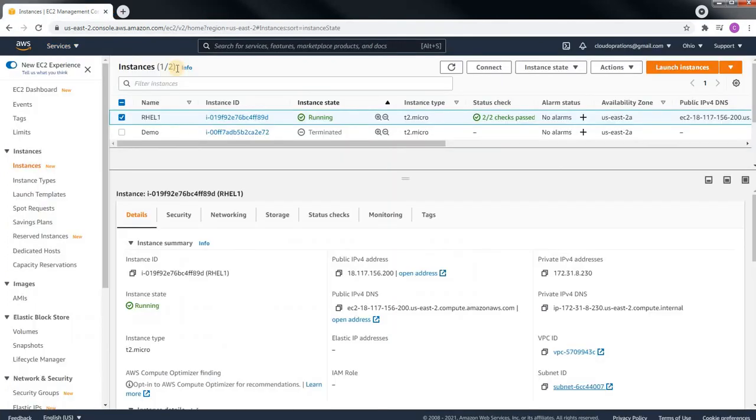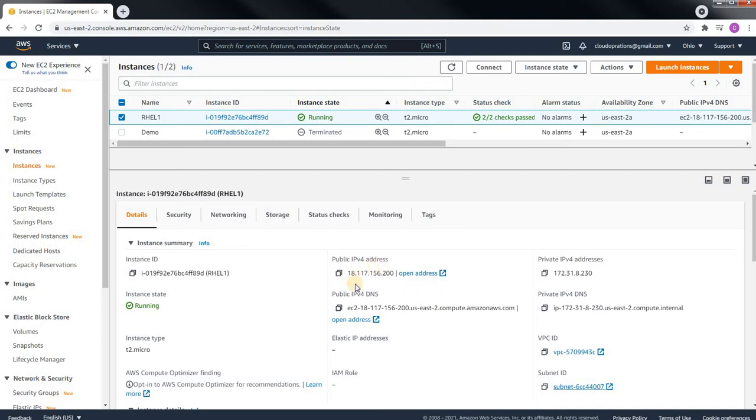I'm already here. This is my Linux server, and you can see I don't have a public IP address. I want to give it a public IP address, but by default it is not enabled and you need to enable it. In some organizations it is already there. Let me show you where it is.